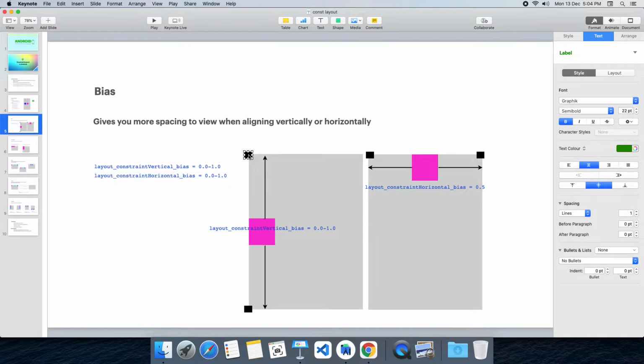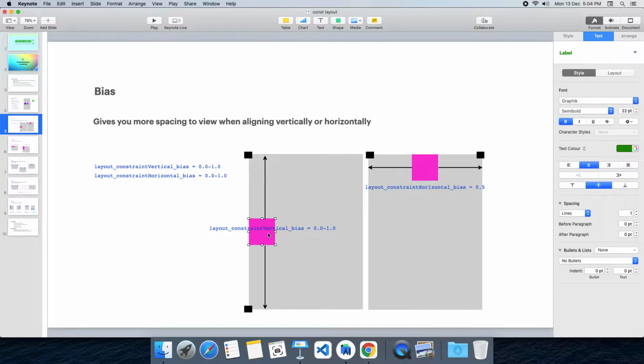This point is there, right? This is 0.0, this point is there, right? This is 1.0, because this is vertically aligned. Vertically aligned in the sense from top to bottom we need to consider. Top it is 0.0, bottom it is 1.0. So when we give both the constraints, top to the top, bottom to the bottom, right, it is aligned center vertically. At that point of time, the vertical bias value is set to 0.5.